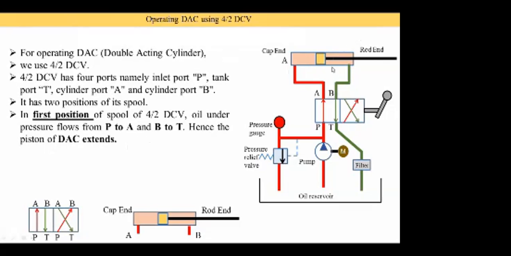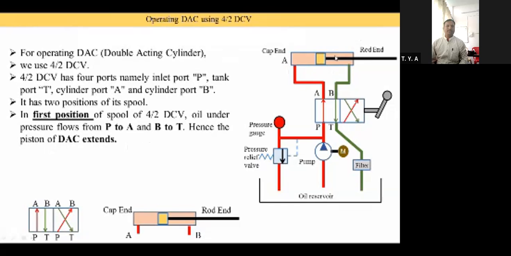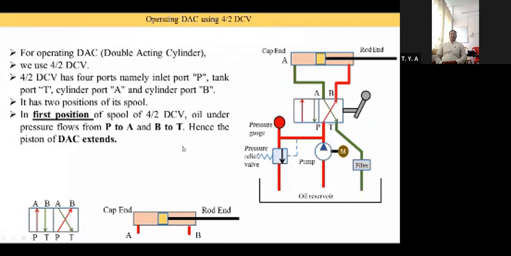At the same time, some oil is present on the right side of the piston. It is supplied to this green pipe, and it comes to the B port. From the B port, you see the arrow is in a downward direction, meaning oil from the B port is supplied to the tank port T, and from the tank port T, it goes to this return line. Here is the filter, so in the filter contamination is removed, and oil goes back to the reservoir. Now here you see the oil is moving in this upper direction, then going in this direction. It is called extension.